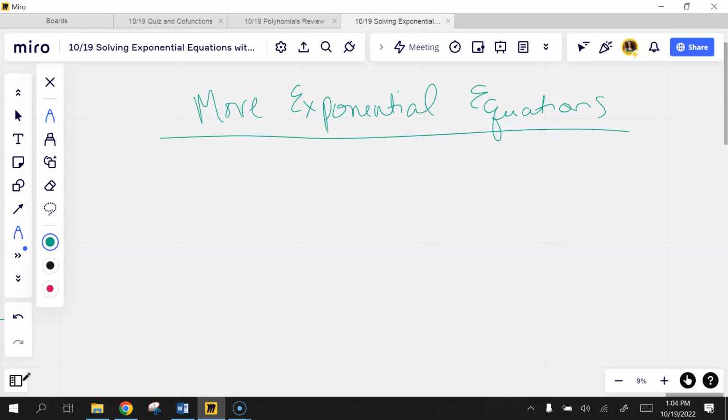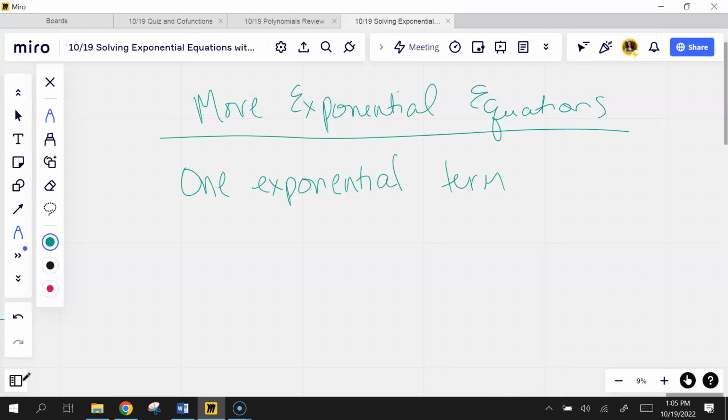We tried to get the bases the same, drop them off, set the exponents equal, but what happens if that doesn't work? So 2 scenarios. Scenario 1's not written on your sheet, but I don't think it's necessary to make this any harder than it is. So if you only have one exponential term,